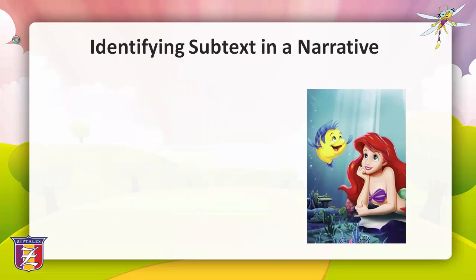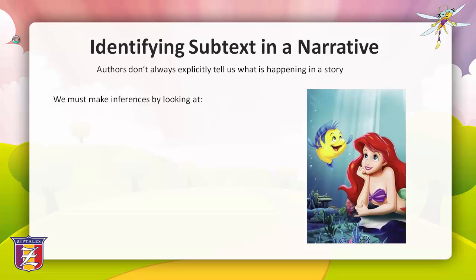Let's look at identifying subtext in a narrative text. We can guide students to identify subtext in a narrative text by teaching them to understand that authors don't always explicitly tell us what is happening in a story. We instead must make inferences about the underlying messages by analysing three things: the characters, what can we learn about